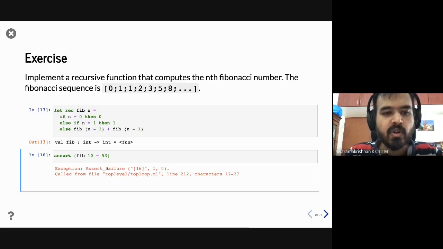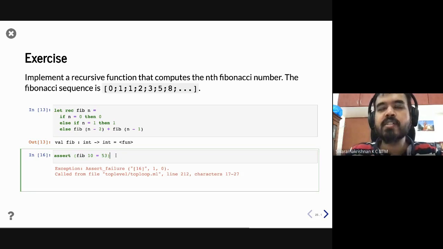It's going to throw an exception saying there is some error here. Yeah, so assert failure at line 16. Sorry, box 16. There is only one line and the first character, the 0th character. So that's what this is saying.